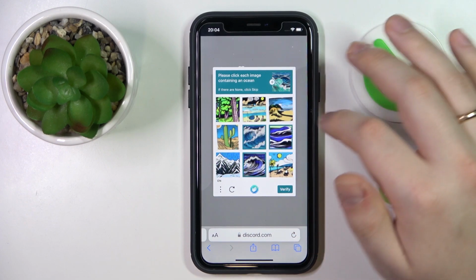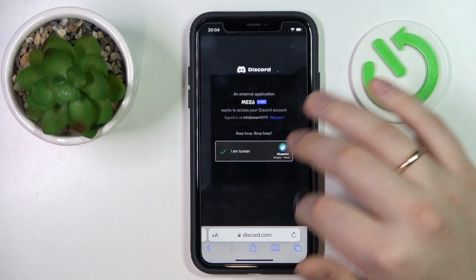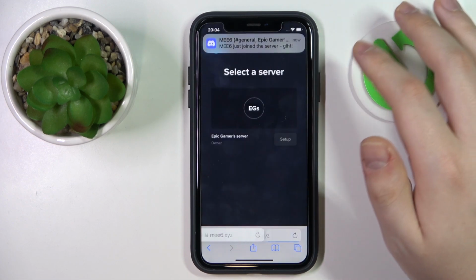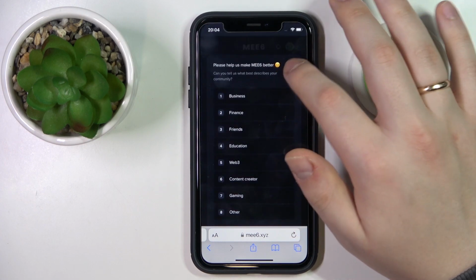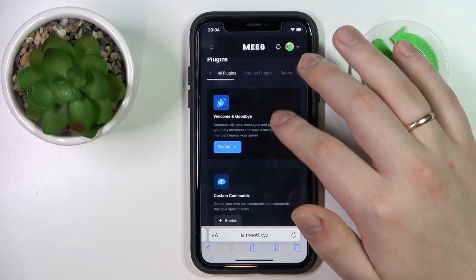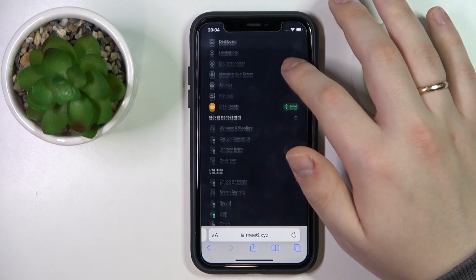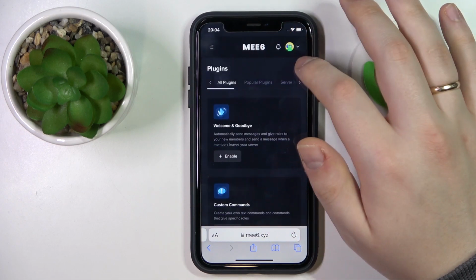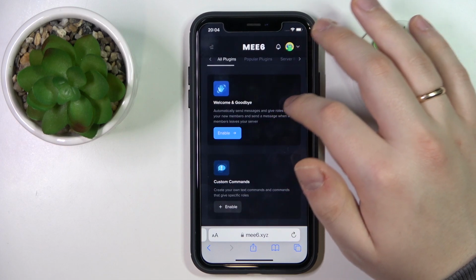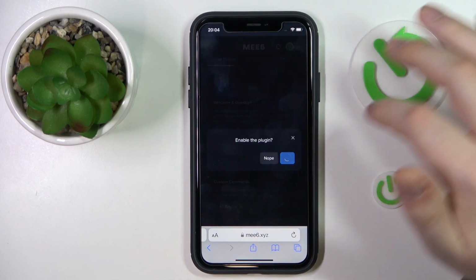So in here I'll have to choose the images that contain the ocean per se. After the bot was, as you can see, added to the server, reopen the Me6 website, enter the plugins section. So first of all, go into dashboard, all plugins, and enable the welcome and goodbye message. Enable this plugin,